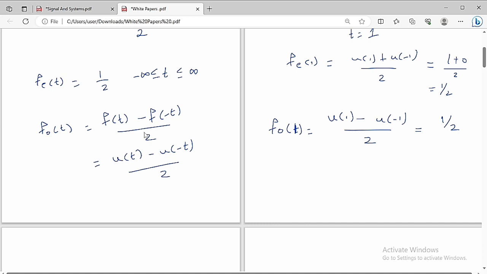So you got 1 by 2. Similarly, what is f of 2? F of 2 is also u of t minus u of minus 2 by 2, which is also equal to half. So therefore,